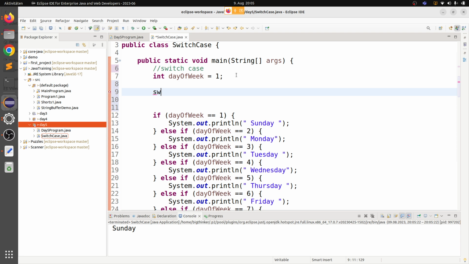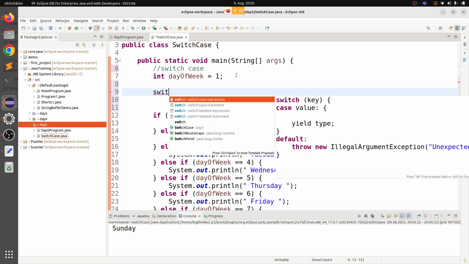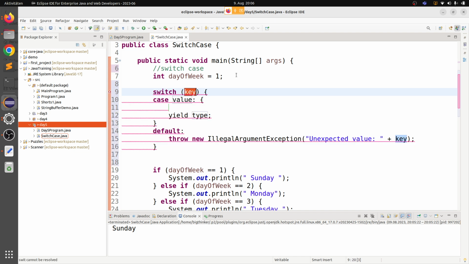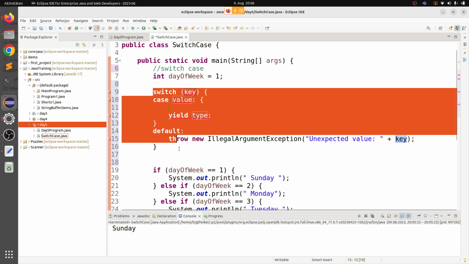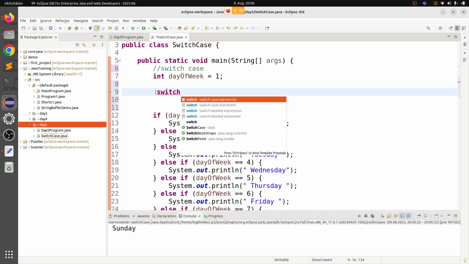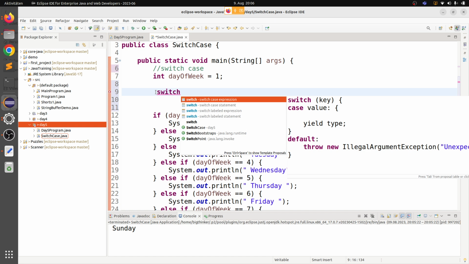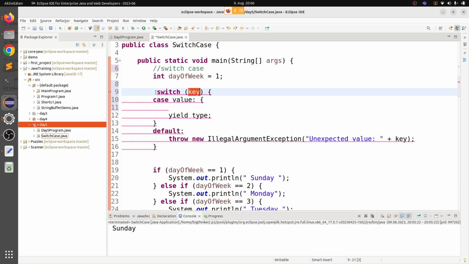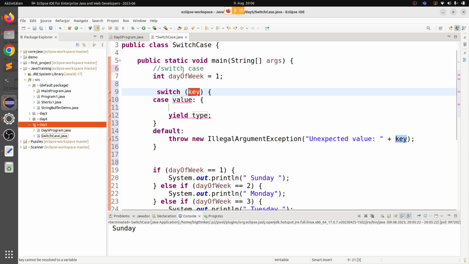So switch case, if you click on that, automatically the default will come. So what I did, I typed switch, SWITCH, and I hit Control Space. I got this suggestion. I selected the switch case expression. So what we are going to do, we are going to tell the program switch this,